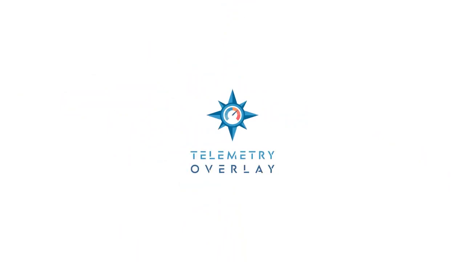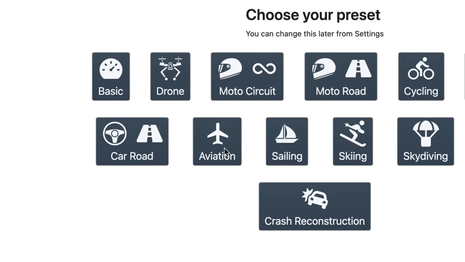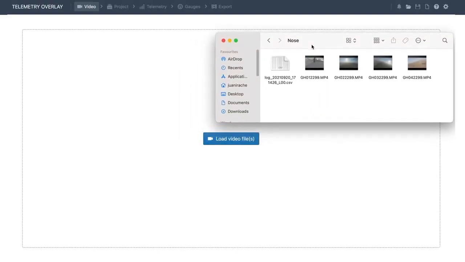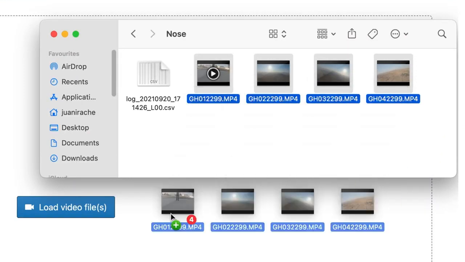Welcome to Telemetry Overlay. In this tutorial, we're going to see how to add flight metrics to aviation videos. So let's start by choosing the aviation preset. Then the program will ask for our video file. In this case, we've got 4 consecutive files from the same GoPro video. So we can select them and drop them into the program, which will join both the videos and any data